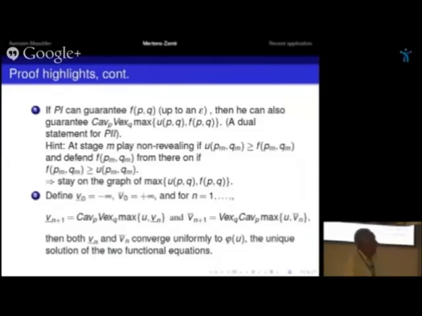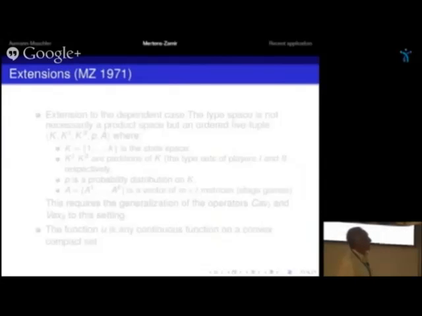Now, in the lemma, it was random. But then you try the max min. Yeah, you take the value. I want to get the value of the